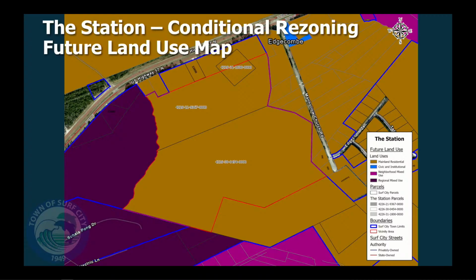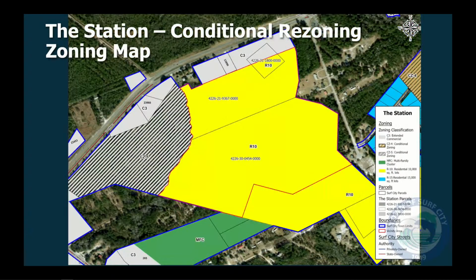Zoning of the property, as are the properties to the north, east, and south, the future land use designations are mainland residential. That's the same for the properties to the north, east, and south. Properties to the west are identified as neighborhood mixed use. This is the current zoning. You will note that this property was annexed in January of this year, and the designated zoning given to this property and the adjoining properties across 17 were C3 there, and then R10 for the remaining of the tract. And I believe they stated their intent to come back with a conditional zoning at a future date, and that future date is here.